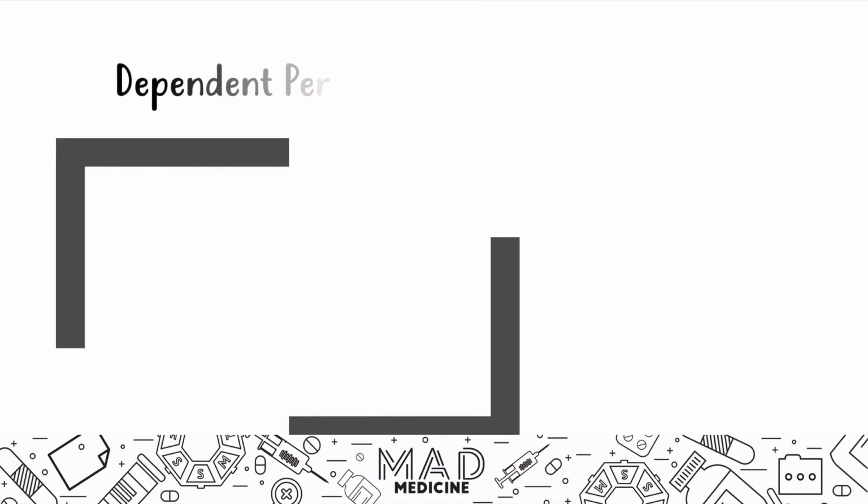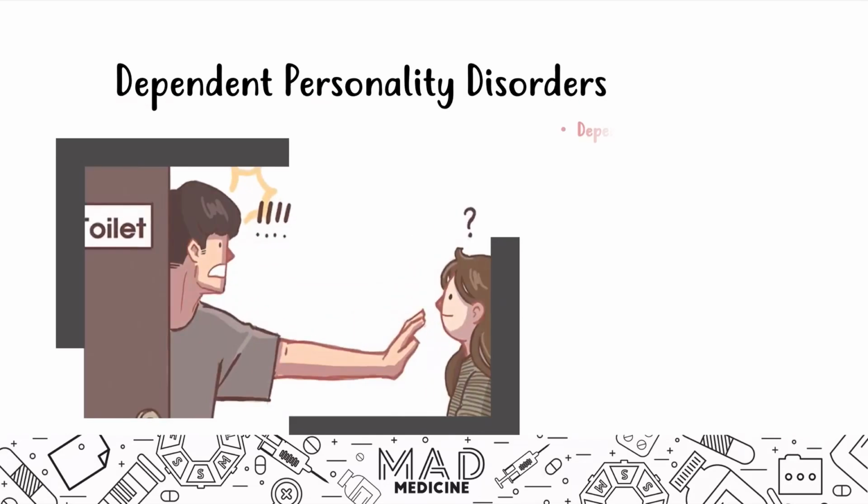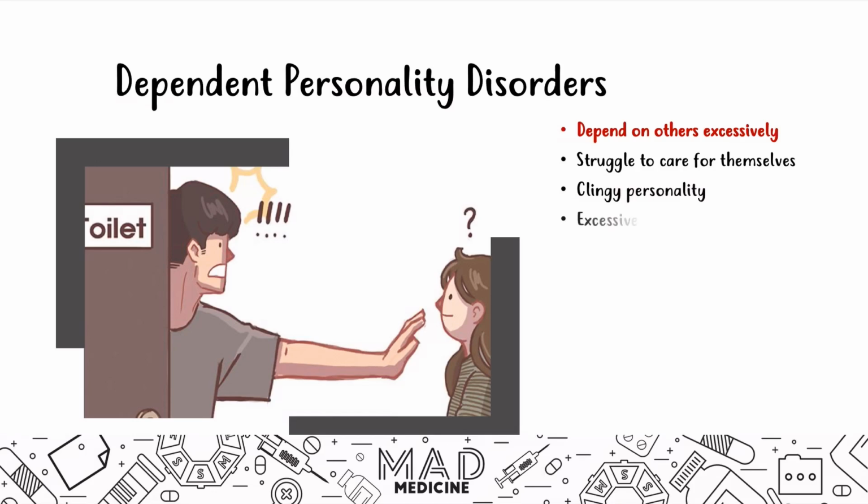The next disorder is dependent personality disorder. In this case, these patients are dependent on others excessively, to the point where they shouldn't be, right? This may be a 30-year-old man who's very, very dependent on his partner to the point where he can't do anything without his partner's help and supervision. So they struggle to take care of themselves. They're very clingy, right? That's why we have this photo right here. They have an excessive need for support and positive reinforcement. They often need that, so it makes it difficult for them to make decisions on their own. And that means any decision, right?